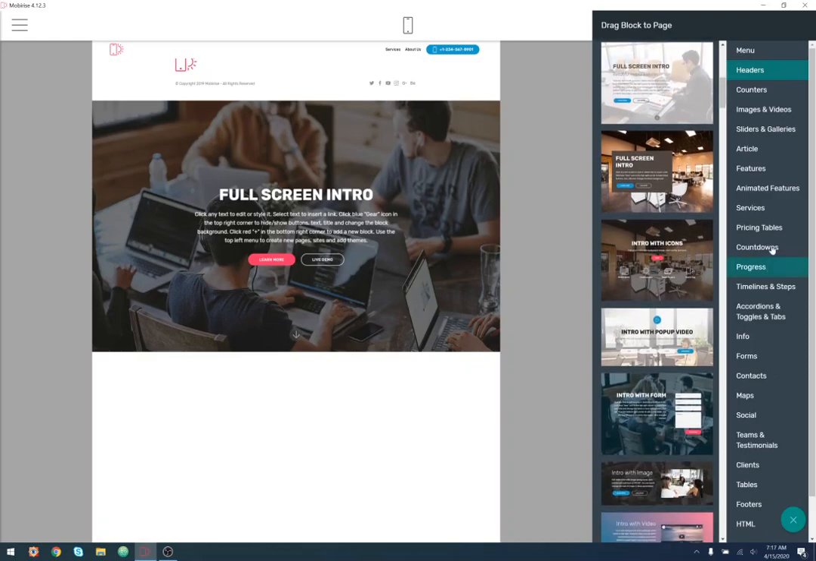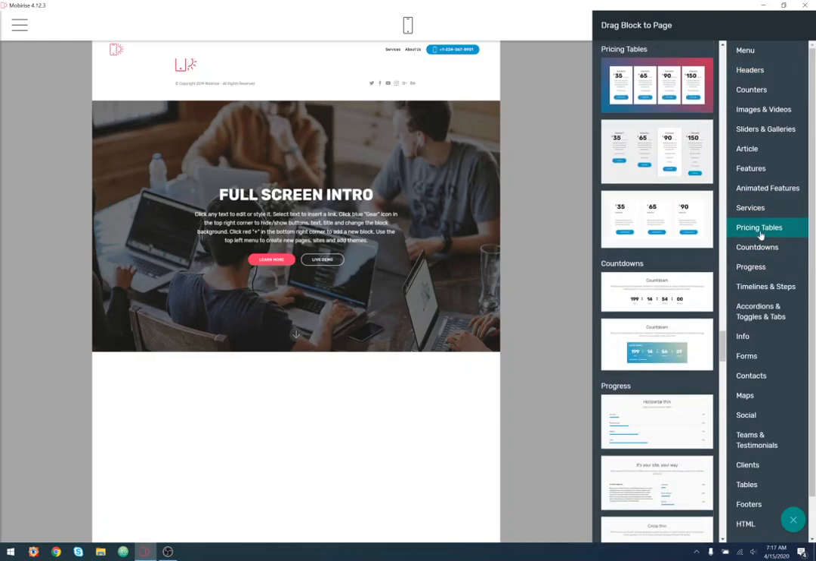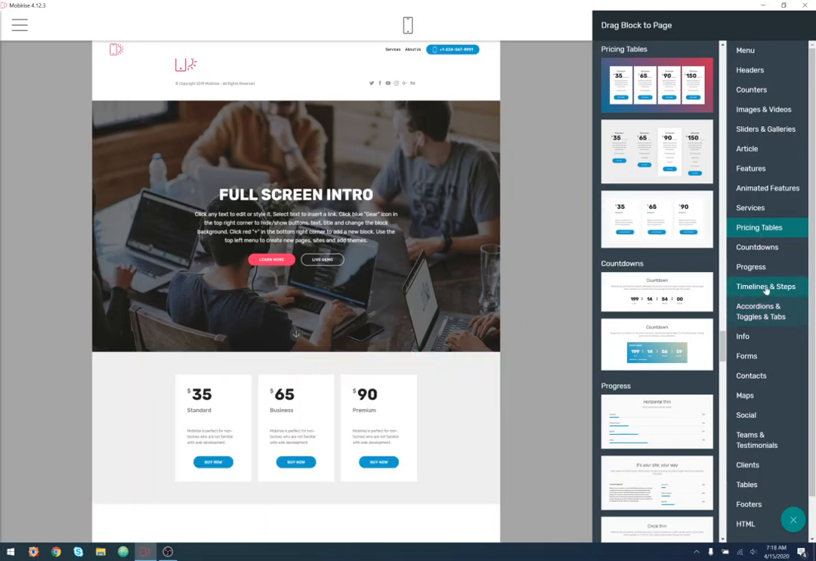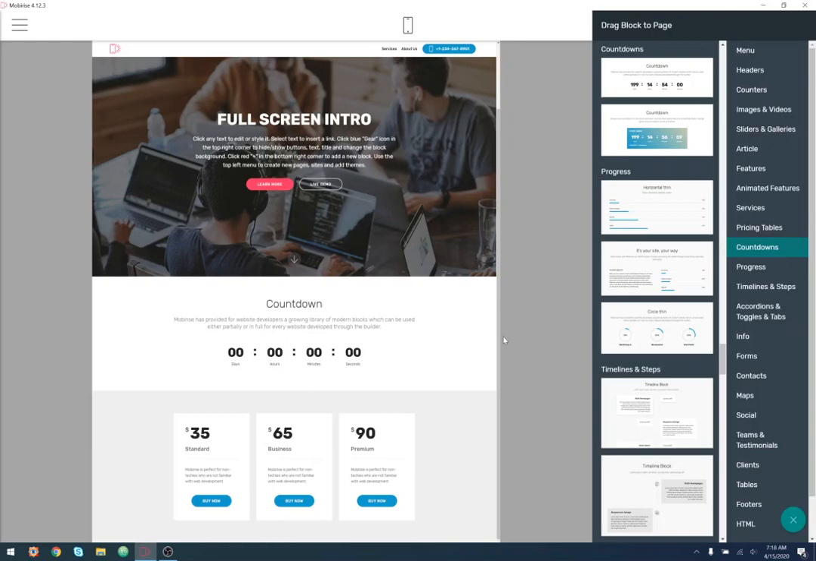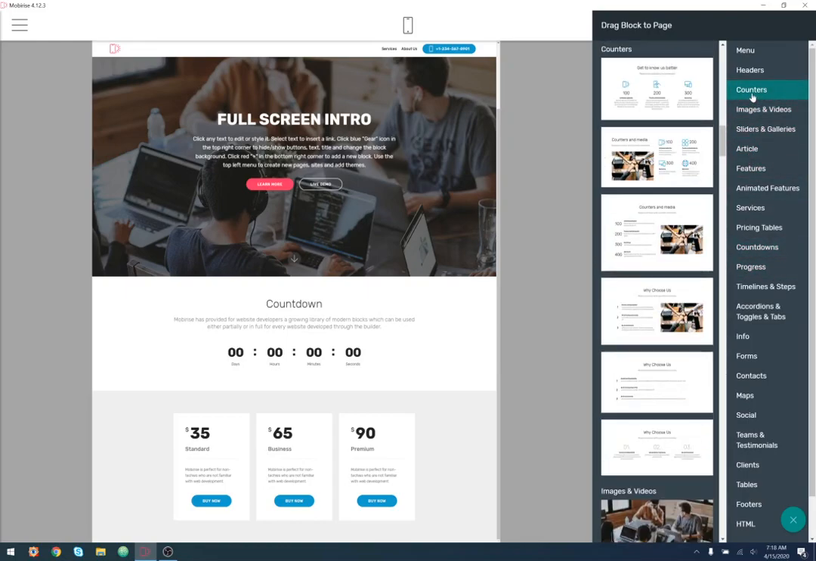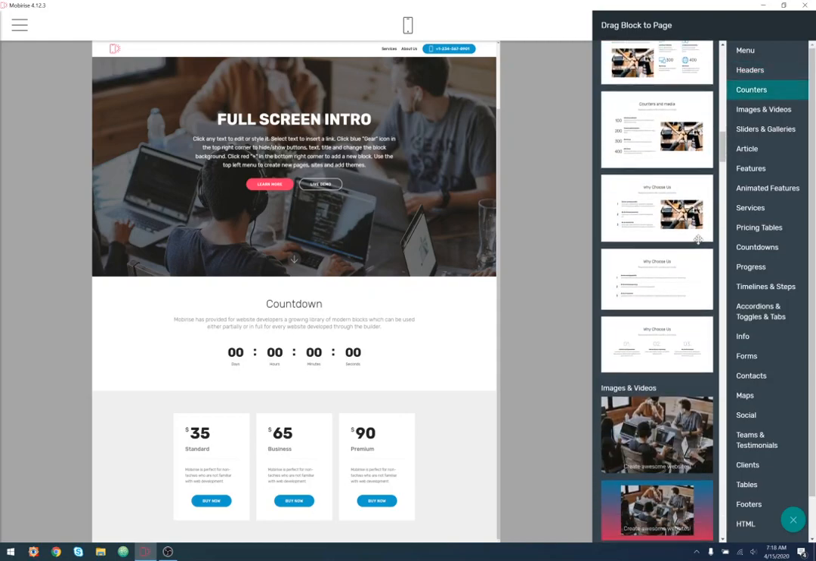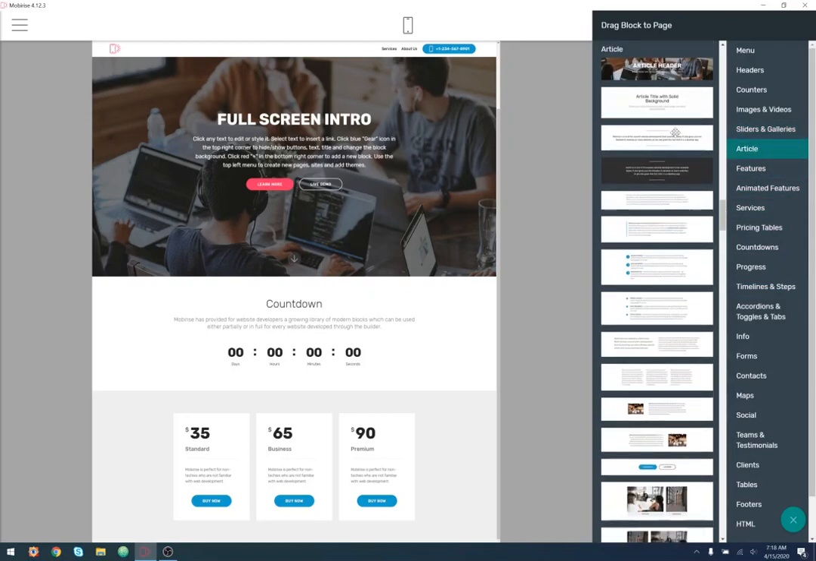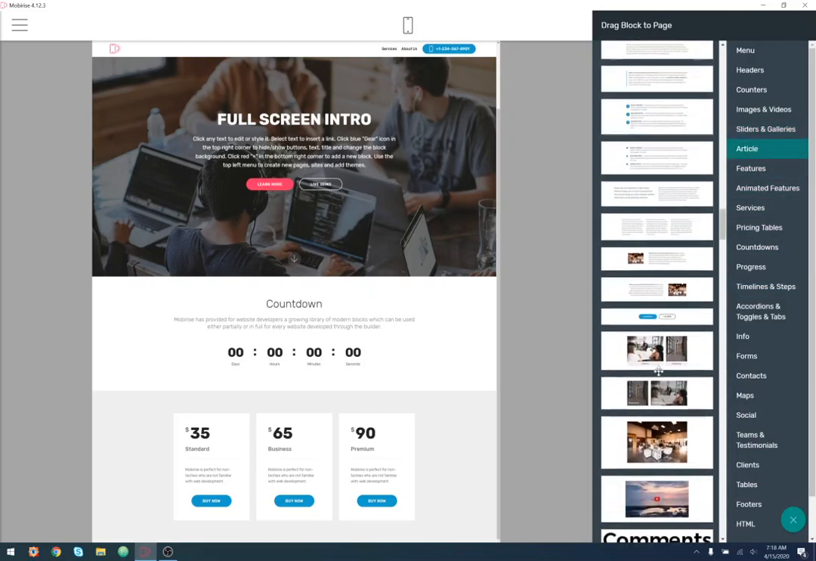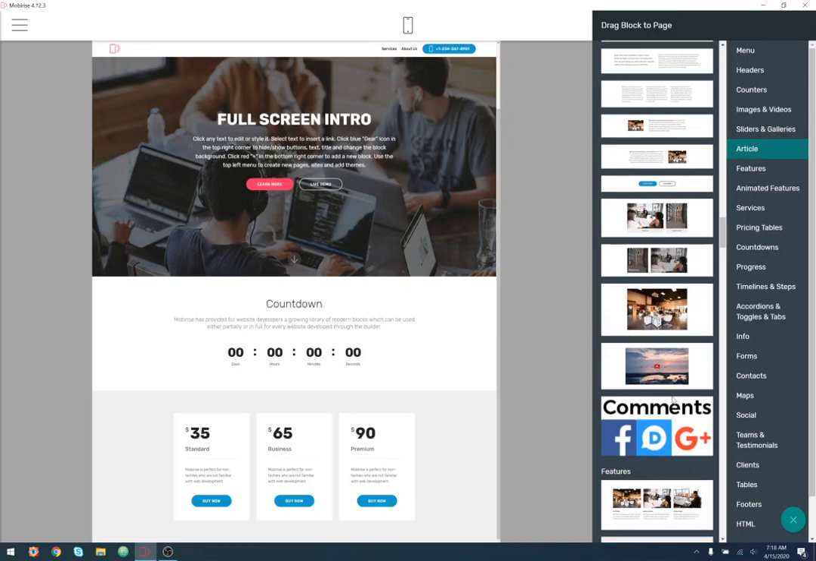What else? We want maybe a pricing table for tickets, if you have different pricing levels for your tickets. We want a countdown. The countdown is going to show us how long until the event begins. Not a counter. Just trying to think of some of the things that we might need. Maybe we have a video